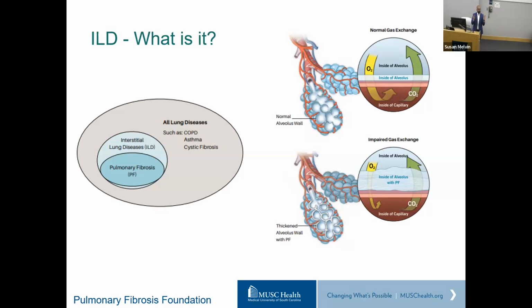And why do these 200 diseases find their way to one grouping? That's because of one, where in the lung it affects or manifests, and two, its potential to cause pulmonary fibrosis. So in the Venn diagram that you're seeing there, you can see most of the more common lung diseases like COPD, asthma, bronchitis, cystic fibrosis, those are mostly airway-based diseases.